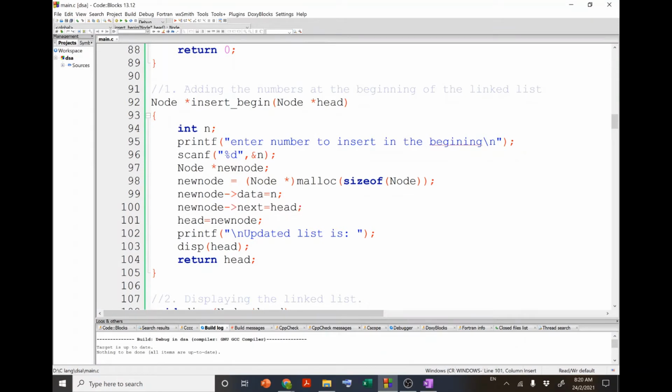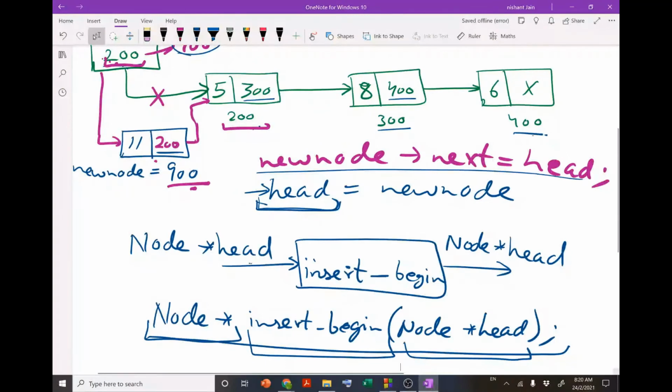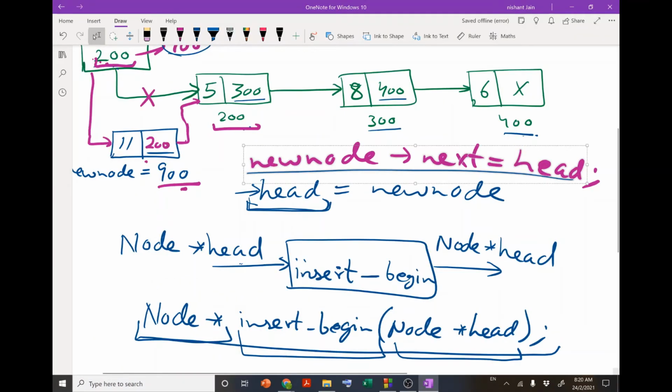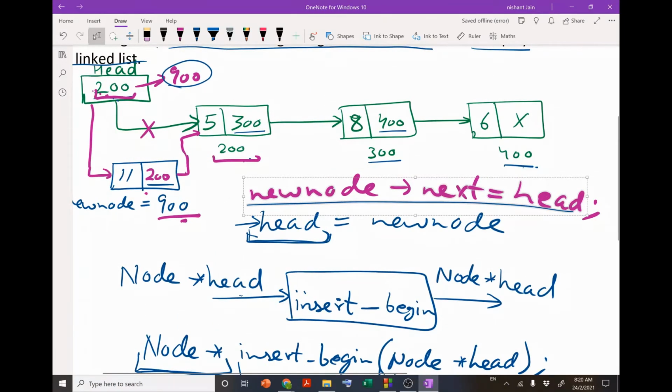Then new node next equals to head. With this, whatever value is there in the head, we put over here, as I explained over here. Then I update head equals to new node, so that the new value of head becomes 900 in place of 200.